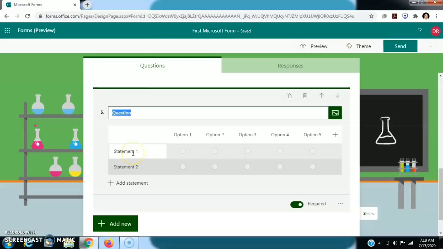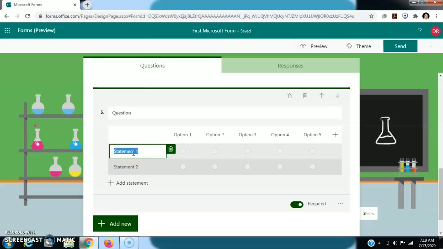Suppose I want to add some statements about two persons. Suppose I enter Rahul and Sunil, then for the options we can give intelligent, honest, cool.